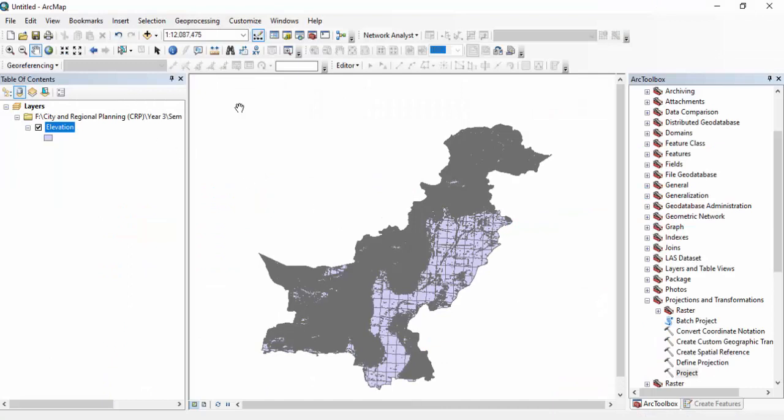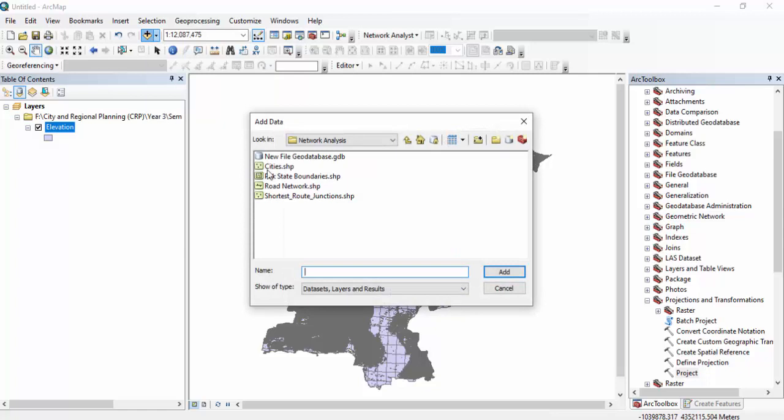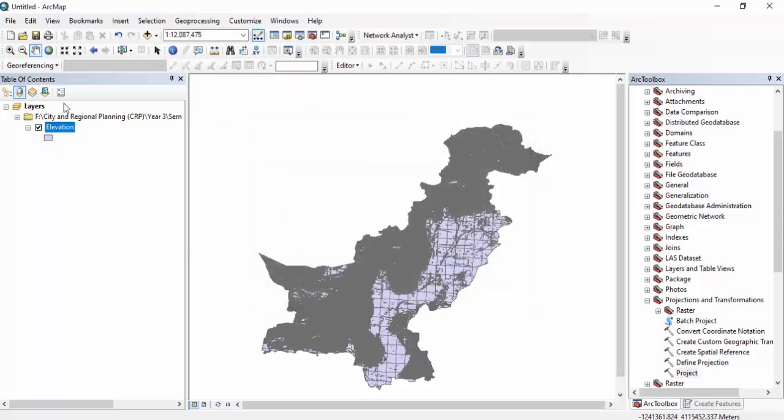Now you have to open ArcMap and insert the elevation shapefile using Add Data, which is there. You can see here, you would simply click here and add the data which I have added, elevation. This data is available in the description. Now let us discuss how we are going to convert and classify it into raster, and then how we can run a suitability analysis.